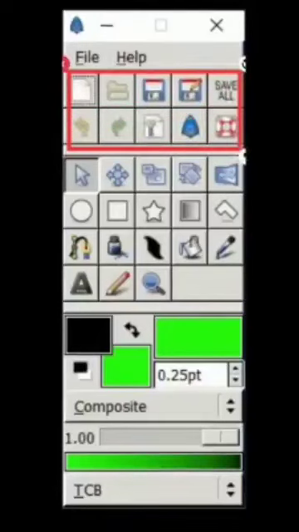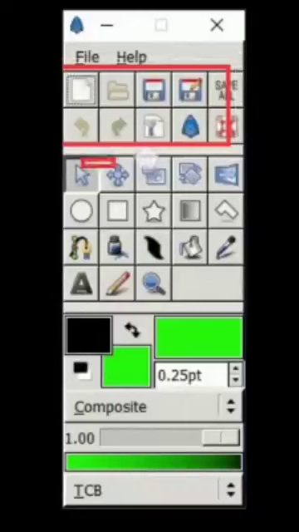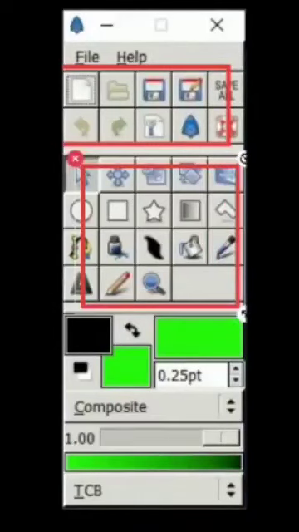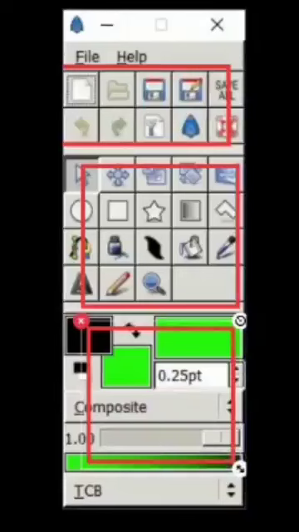First one is the upper palette. Then the next one is the middle palette. Next is the lowest palette. In the upper palette, the works related to our file can be done.